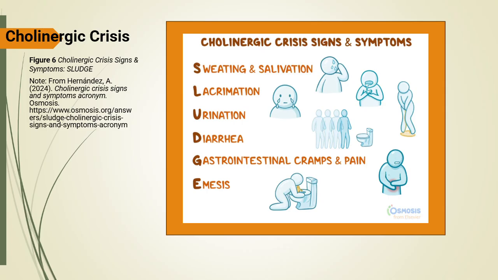It's important to remember that in addition to these parasympathetic symptoms, cholinergic crisis also causes increasing muscle weakness, which may look similar to a myasthenic crisis. The difference is that in cholinergic crisis, the weakness is accompanied by these SLUDGE symptoms and sometimes bradycardia, miosis, pinpoint pupils, and respiratory distress caused by increased bronchial secretions. A cholinergic crisis is a medical emergency because airway obstruction and respiratory failure can occur quickly.